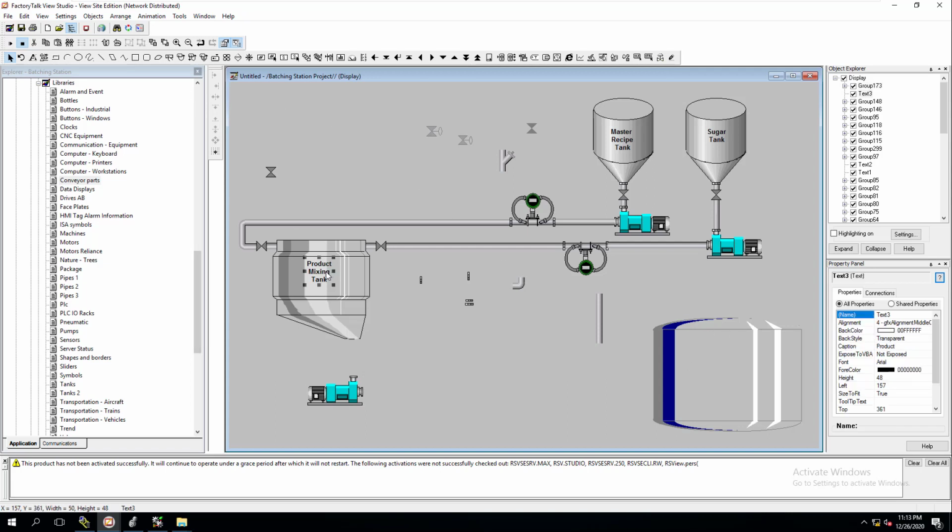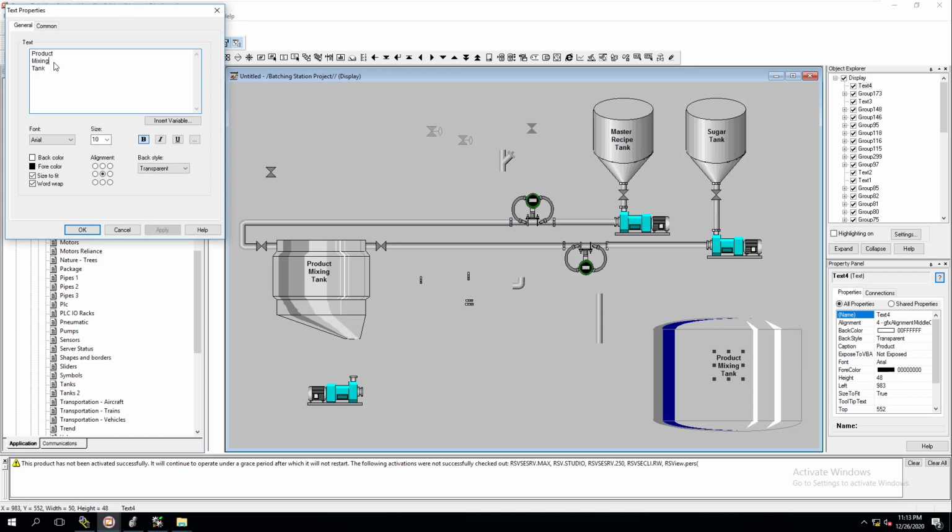Again, what we'll do is copy this and paste this in here, and we're going to get our final, this would be finished product. So this would be our finished product tank, right? Now again, we can change the fonts of this if we want to,